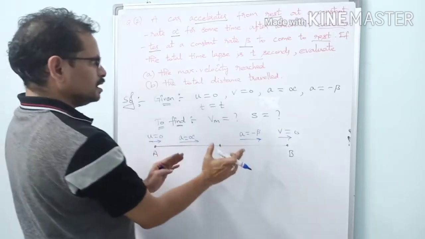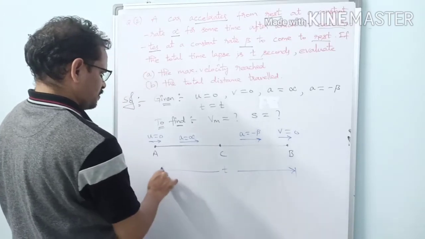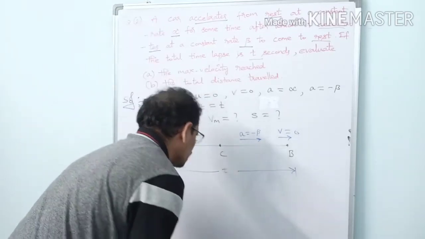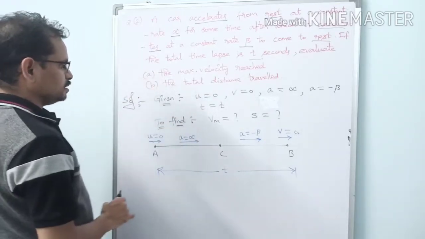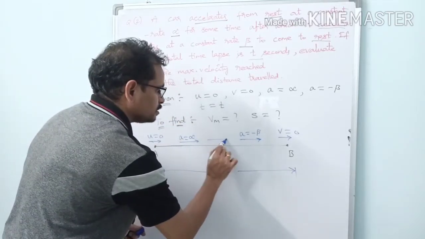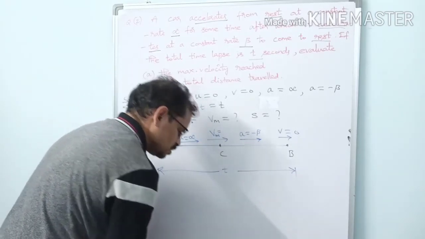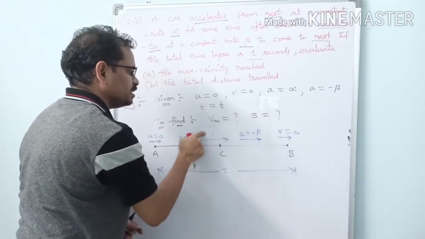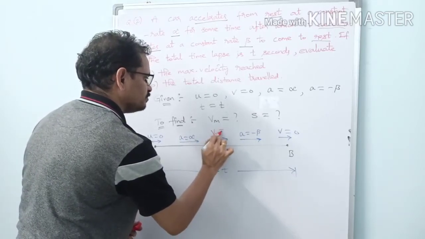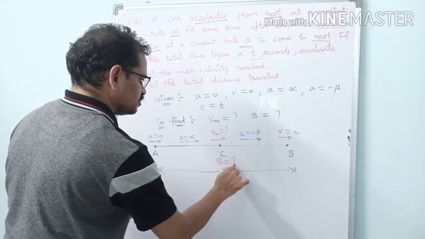So we have taken this data, no? So what is the total time of journey? t seconds for this total journey. What else is there? So nothing. Everything we have taken here. Right. Now what we have to find? So here at this point C, what is the velocity at this point C? Here Vm. The quantity which we have to find, let me write in red ink. So this is Vm. This is equal to how much? And one more thing is, what is the total distance? S equal to how much?